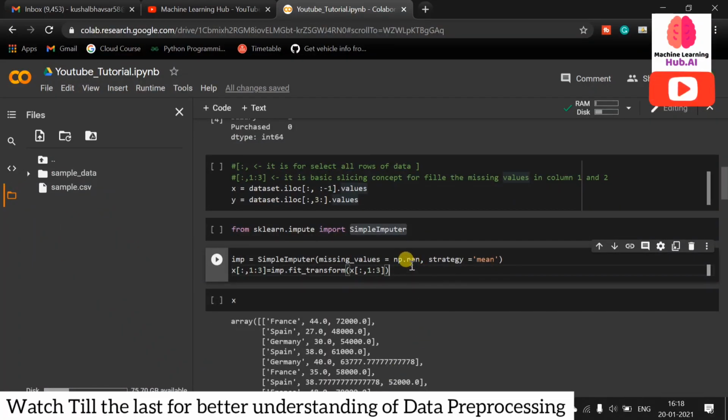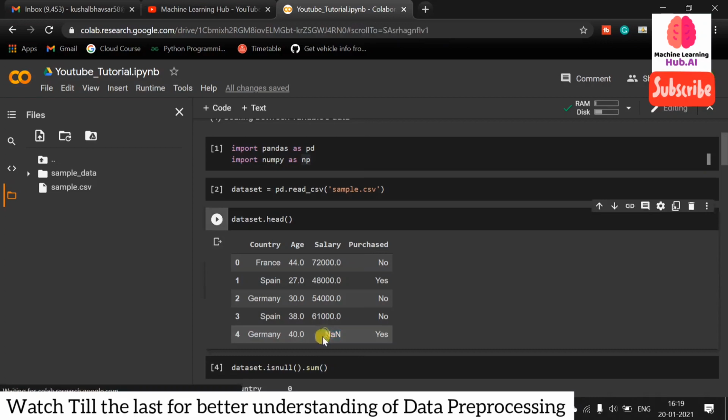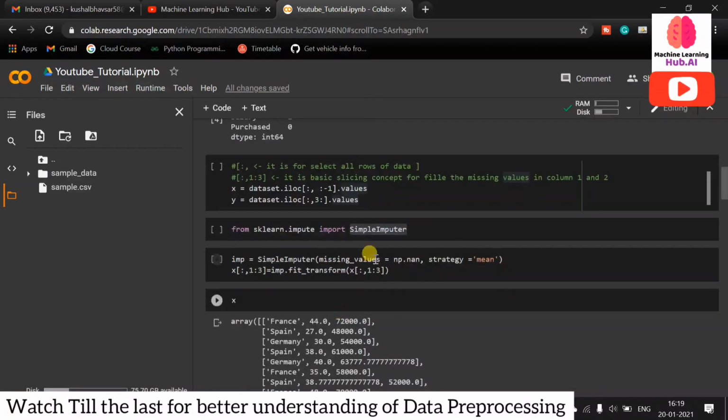So guys, you don't need to think about anything, just import the imputer. Imputer is equal to SimpleImputer, then missing_values is equal to np.nan. np.nan means the place where we need to fill the missing values. So at the nan, here you can see, I want to fill the missing values, and now my strategy is mean. I want to fill the nan values with the strategy of the mean. So here I have defined my imputer.